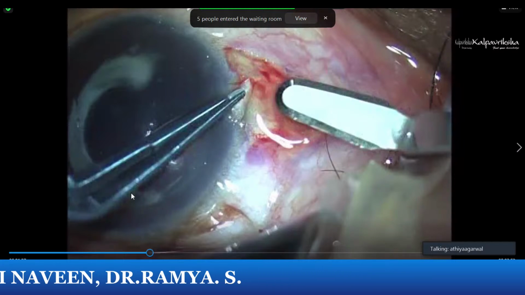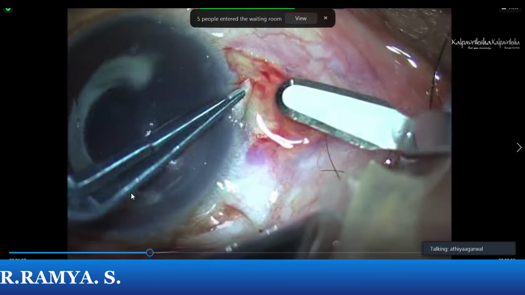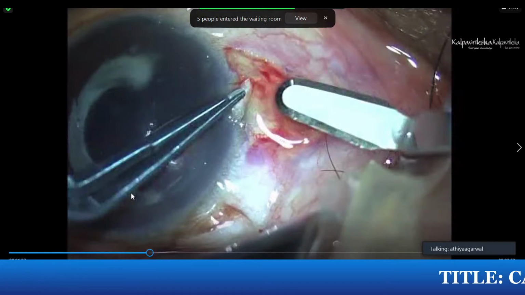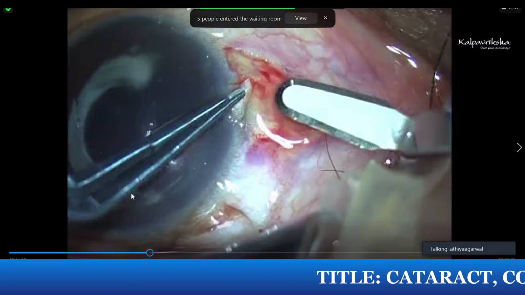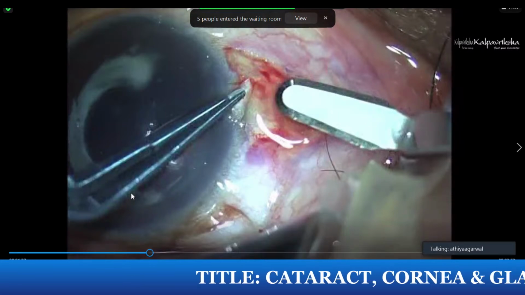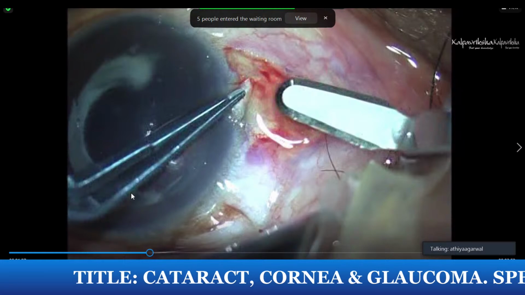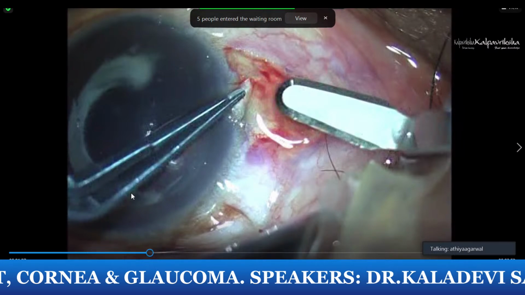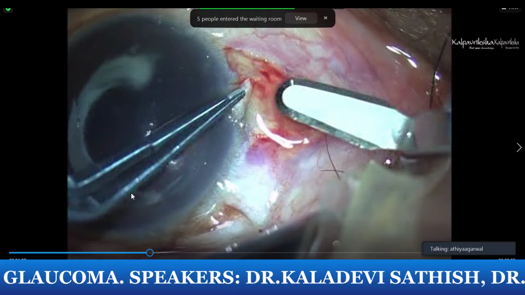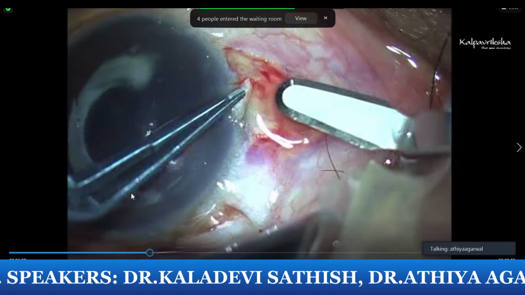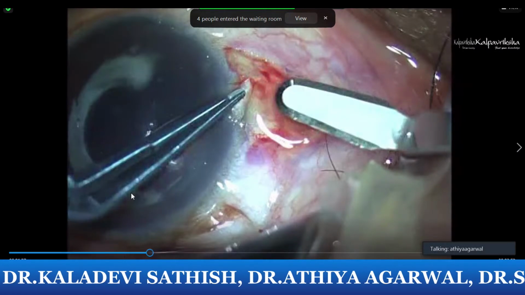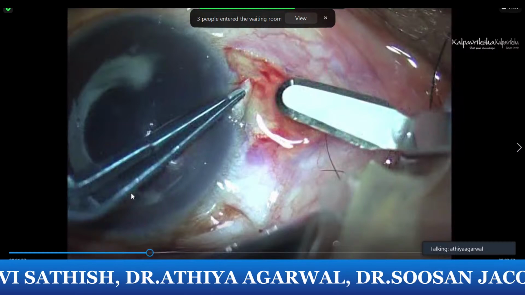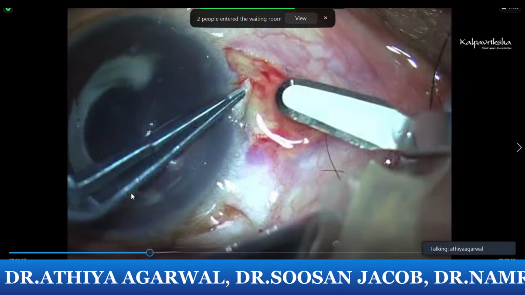So the center is clear here and there is a ring surrounding it, which is a type of after cataract. The remnants of the cortical matter get entrapped between the anterior and the posterior capsule, and they form a ring which actually goes behind the iris and remains there, but the center is clear. So obviously the patient has got aphakia. So these patients come to us to manage the aphakia part.